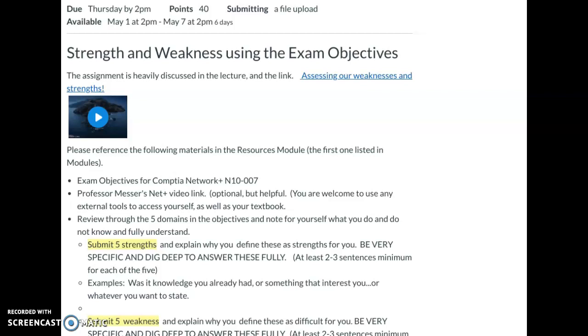In your first module, Resources, where we post everything that is pertinent and permanent, you can go up there and you are going to find the exam objectives for CompTIA 10007. We've dealt with these before, and so that should not be an issue. And what you need to do is review the 5 domains of the exam objectives, and then you need to